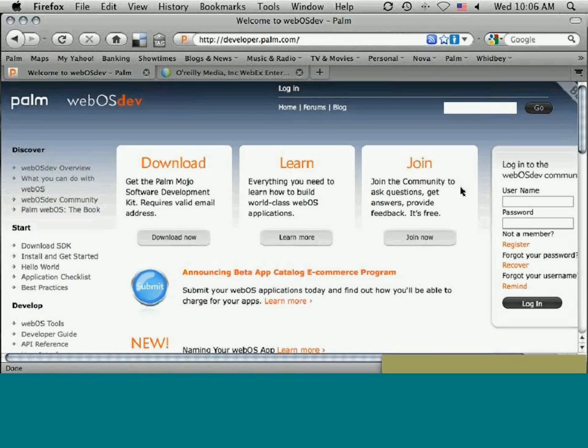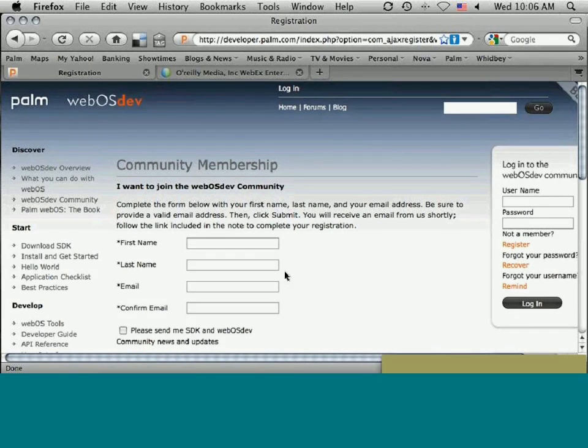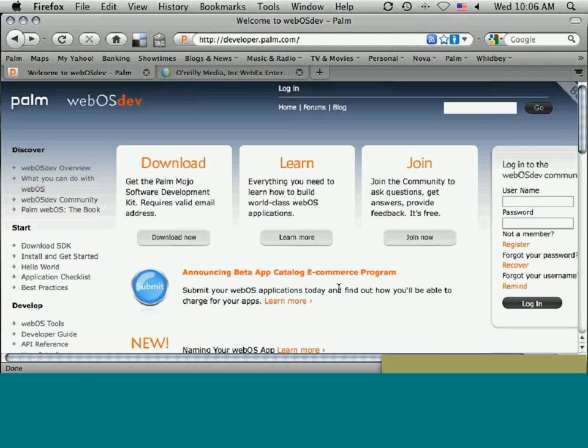So we'll start with developer.palm.com. This is Palm's developer site. If you haven't seen this site, you would need to go in and register. You simply have to provide your name and a valid email address, and then an email will be sent to you pretty quickly, usually within minutes, for you to finish the registration process. It's pretty fast to do the registration, and it shouldn't take you more than an hour, and probably a lot less than that. Once you're registered, you can go onto the site, as I am here,